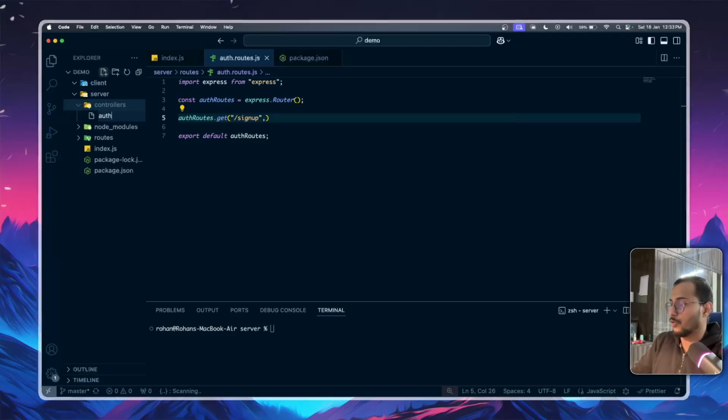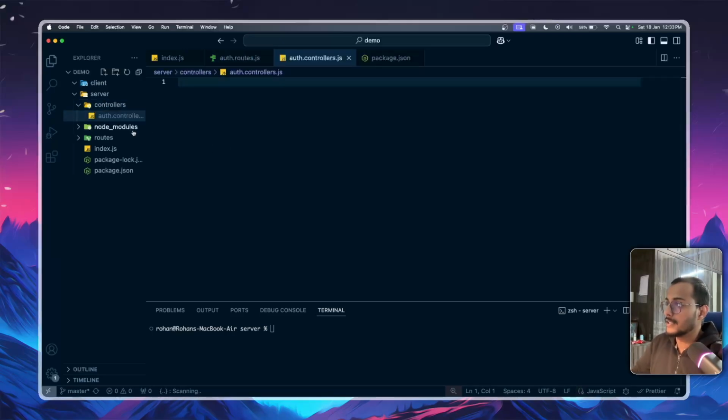We are going to use auth.controllers.js, right? Now, I haven't told you why we are using auth. Auth is for login, sign up, logout, and passing the cookies, etc. My first approach always is to start from the backend. Whenever creating a full stack application, start from the backend, create login, sign up, and the authentication part, then